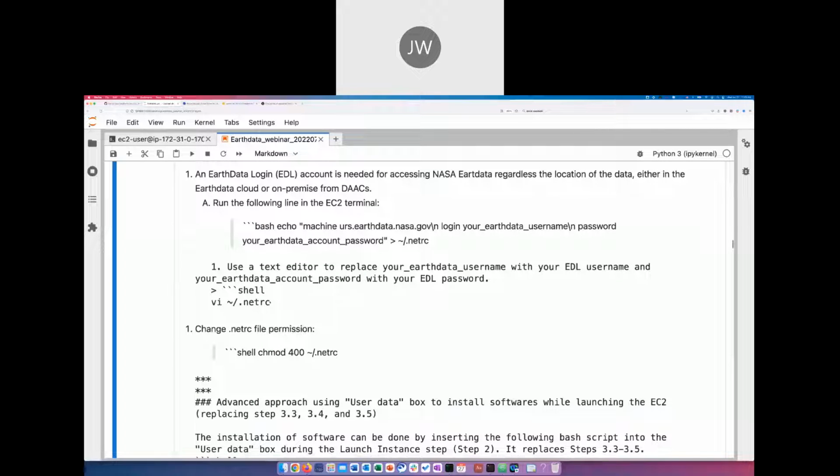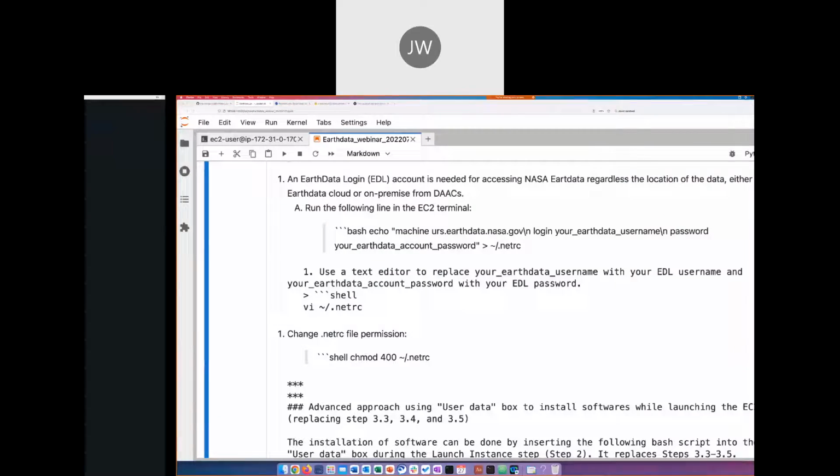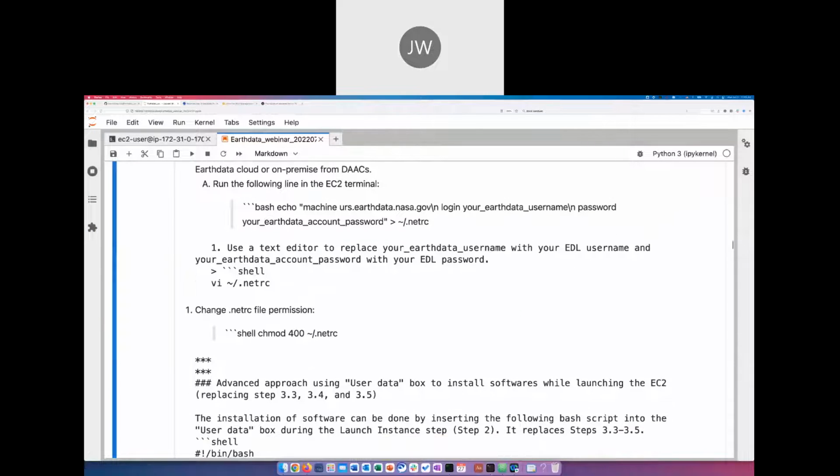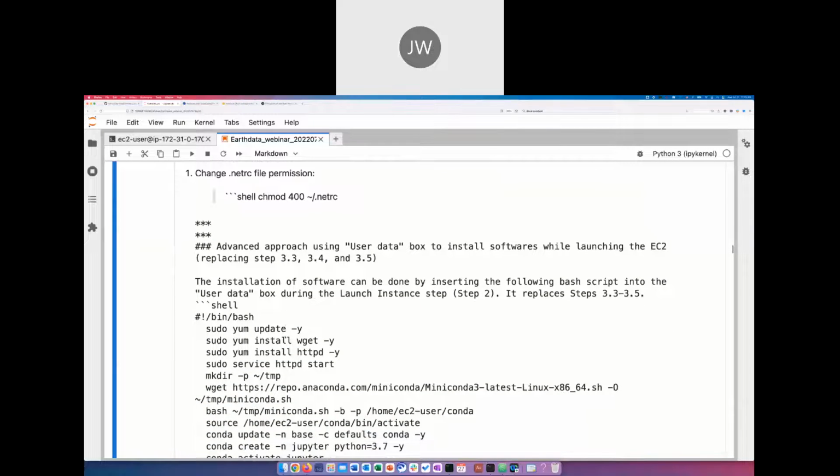One important step is to create a .netrc file. This will save your Earthdata login information. Just to show you quickly the syntax of the Earthdata login, this is the .netrc file. You have 3 lines, and what you need to change is the username and the password. And save this .netrc in your home folder within the EC2 and change the read permission to 400. Then you're ready to go to access Earthdata